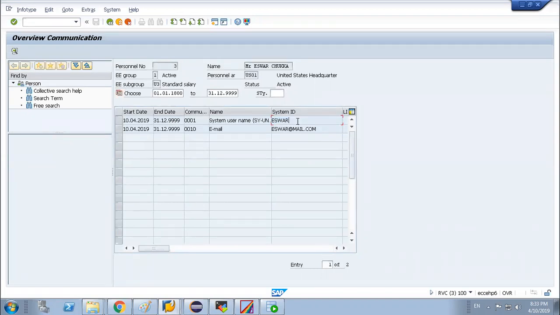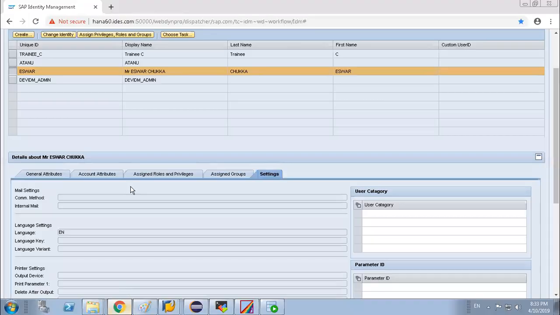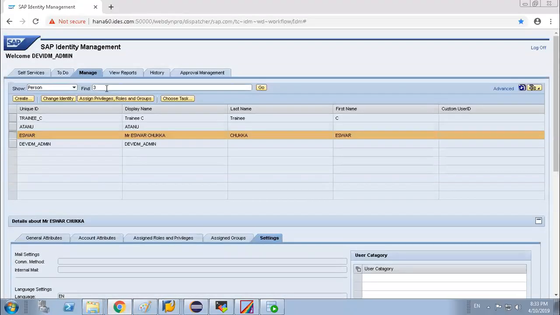But if you are telling that it will create the user ID based on the partner, there are two things. If you don't update this info type, then the ID will be created as the partner. Here you will search 0003.